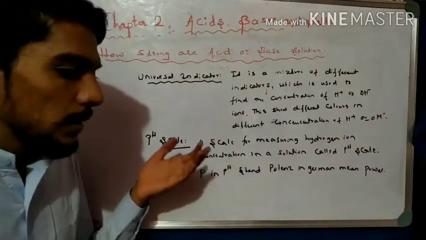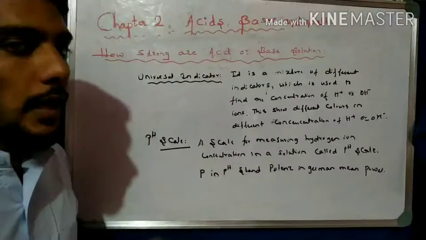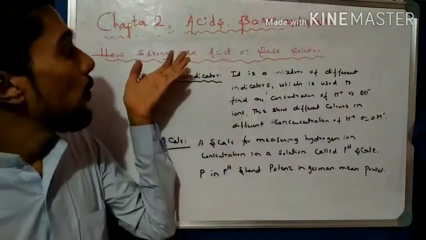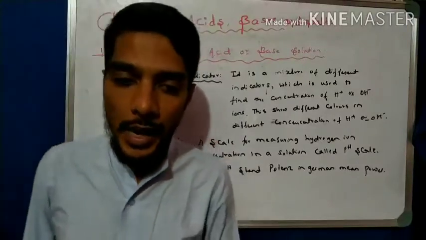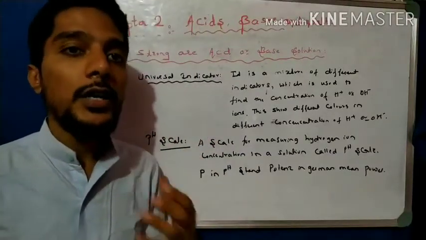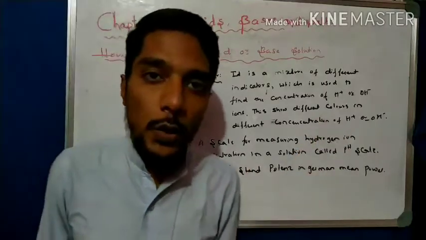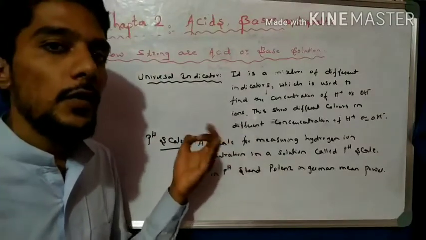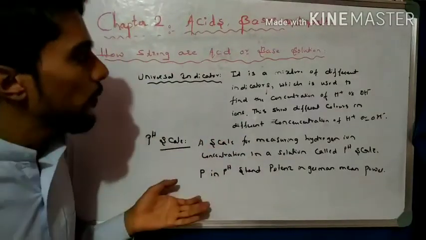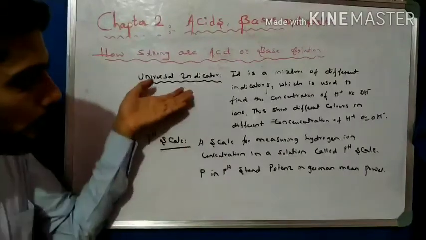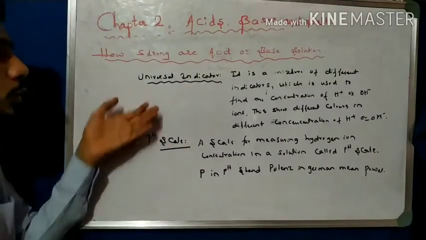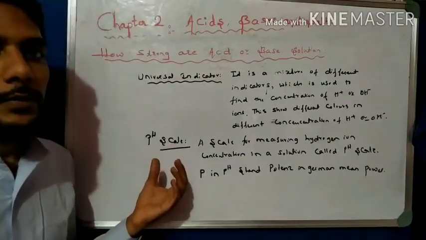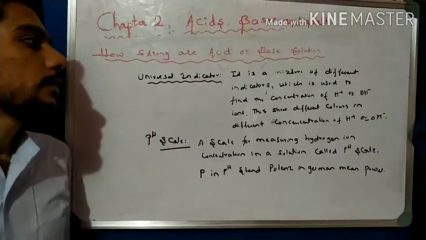So this is another indicator and another scale, which enables us to tell which is a strong acid and which is a weak acid. It is a method to tell the quantity of H plus ions and the quantity of OH minus ions present in the required solution, base, or acid. This is the first point we have to know, right? Please write down these points in the notebook and come to the detail about the pH scale. Okay, please write it.